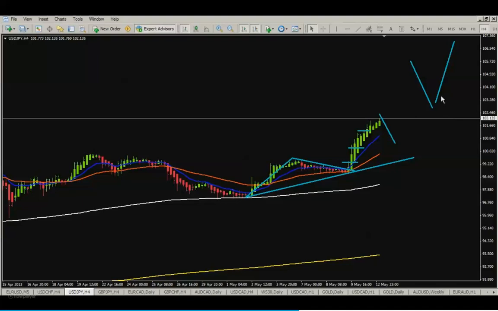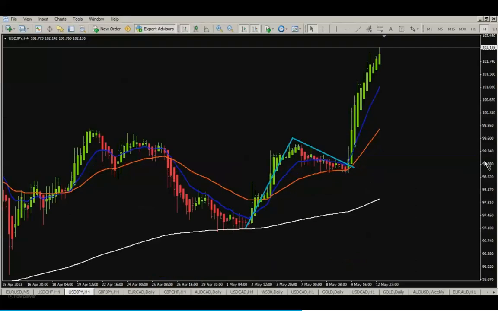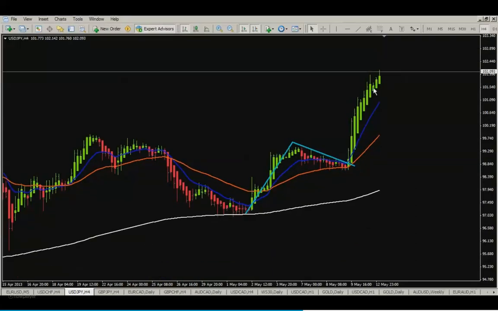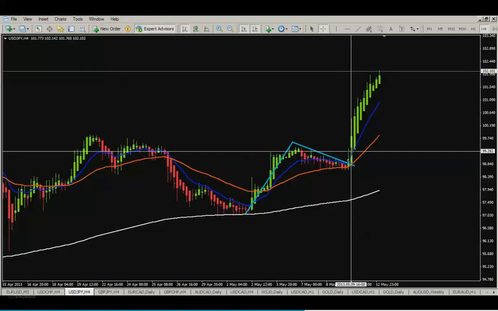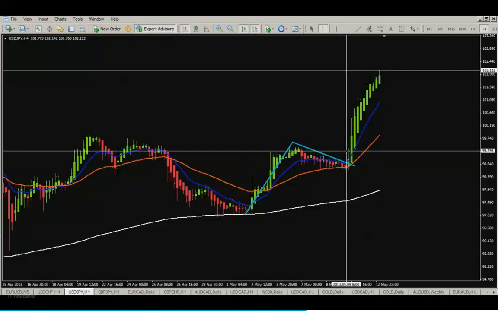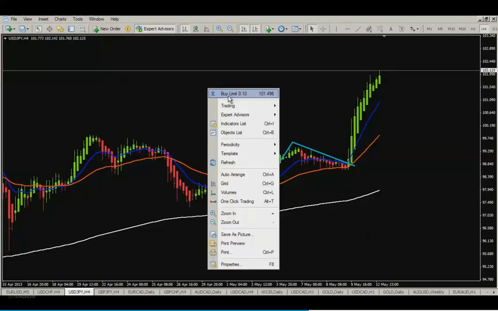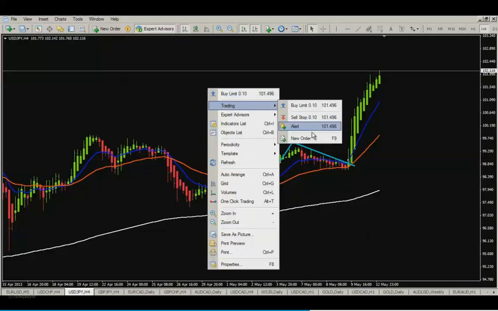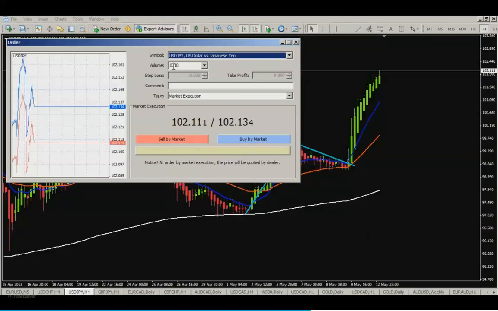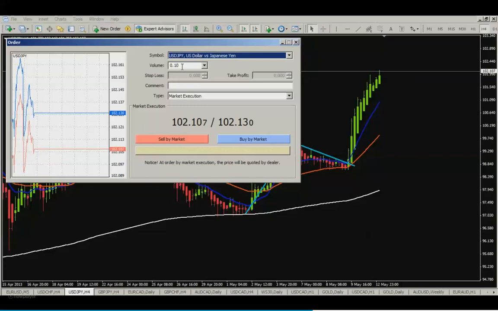Now let me do it manually. Right now the price is moving up, so you just imagine right now the price would be right down here and you are placing a trade. So how do you do that? Right click in the middle of the chart, click on trading, new order, make sure you have the market execution on here, and then instead of